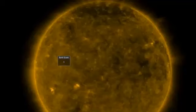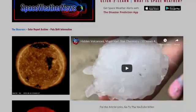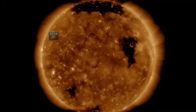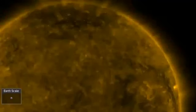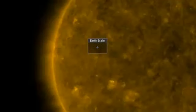We're starting with our star at spaceweathernews.com, finding the last day on the sun with the coronal holes displaying prominently in 193 angstroms. But to see some of the action, we'll need to find other wavelengths of light. In 304 angstroms, we can see the northern filament curl up to release. That ejection is more easily seen in 171 angstroms of light, and after it releases, a small coronal field break